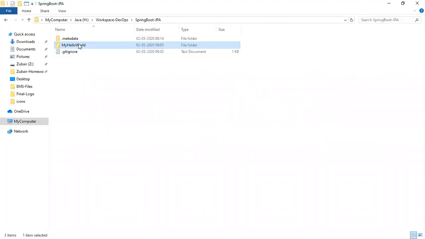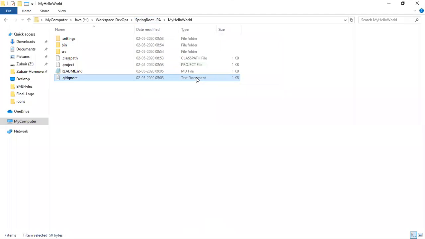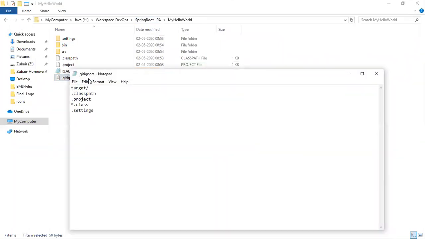I'll explain what a git ignore is. There are some files you don't have to save in the git repository, like .class files, target, and .project. These get created at runtime, when you execute your code. So we don't have to save these kinds of files. Whatever files you don't want to save into the repository, you can mention in the git ignore, so that those files get ignored. They will not be displayed when you run git status.